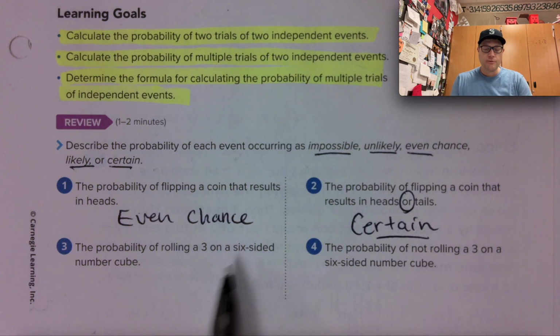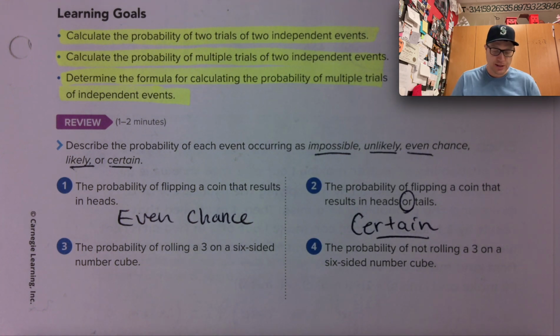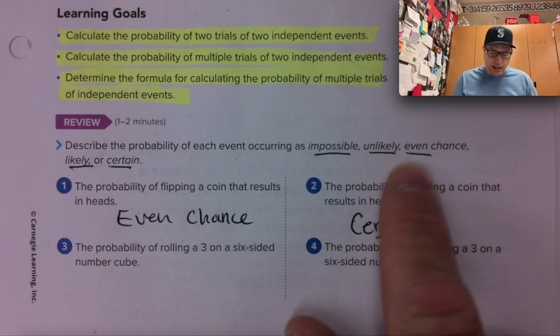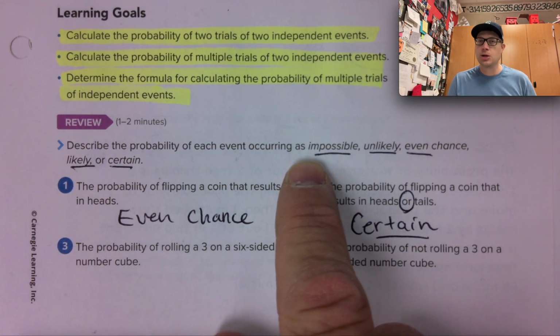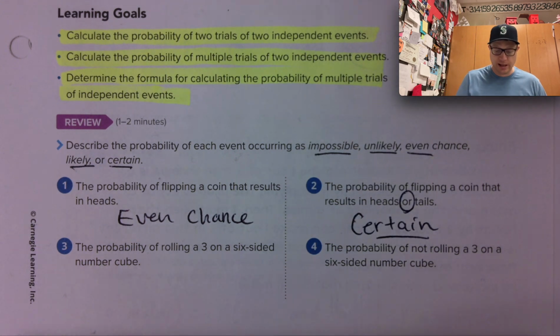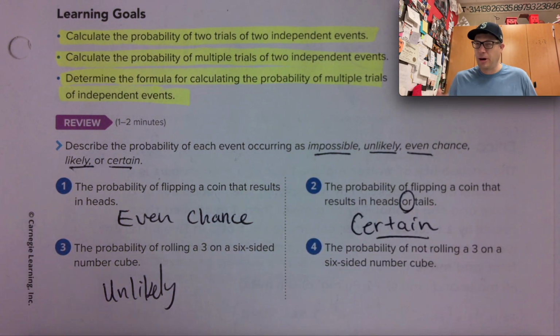Question 3. The probability of rolling a 3 on a 6-sided number cube, so that's dice. Because there are 6 options and a 3 is only one of those options, the probability of an event like rolling a 3 happening, it's not even, it's not likely, it's not certain, but it's also not impossible. So through process of elimination, and it's not really a good math descriptor word, but the probability of rolling a 3 on a 6-sided number cube is unlikely. Not impossible though, right? So it's possible, it's just there are other numbers that are probably going to happen before